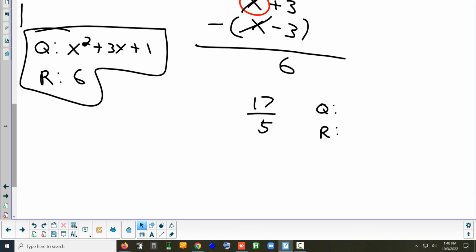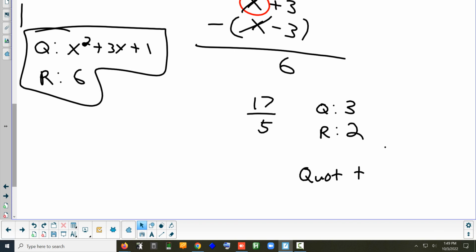What's the quotient when you divide 17 by 5? Well, 17 is your numerator. But what's your quotient? That's when you do the math of it. Yep, 3. So your quotient is 3. And what do you get for a remainder? Yeah, 2. So the way they taught you to check this answer is you basically take your quotient